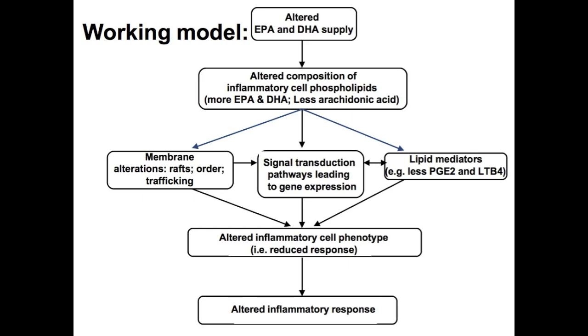So you'll remember that all cells have this lipid bilayer around them. And that lipid bilayer is composed mainly of phospholipids, and phospholipids have 2 fatty acids linked to them. So I'm talking about getting omega-3 fatty acids into those phospholipids in the cell membrane. The reason that's important is the type of fatty acids linked to the phospholipids actually affects the structural and functional aspects of what the cell membrane is doing. So it actually affects the physical nature of the membrane.